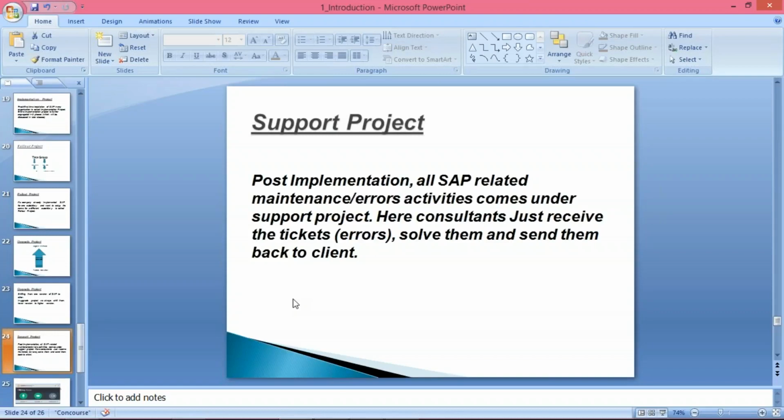Let's suppose Tata Motor has given this support activity to Wipro Technology. So what will happen? Wipro Technology is going to hire a team of consultants, let's suppose 20, 25 or 30 people. There will be a team of 30 people totally dedicated to Tata Motor itself. They'll be sitting at a central location, let's suppose in the Wipro office itself, in Hyderabad, Mumbai, Bangalore, anywhere, and from there they are going to give the support.